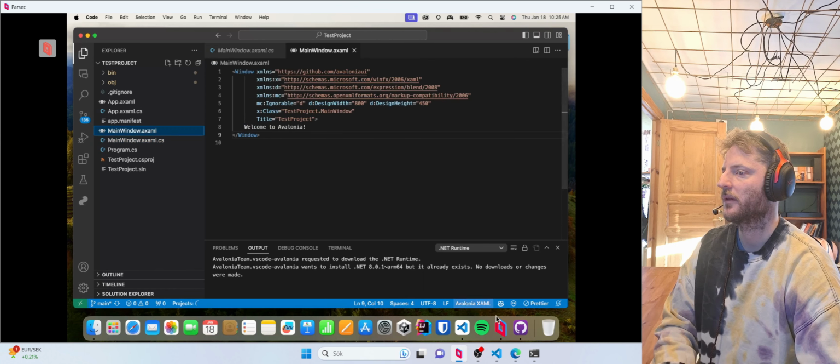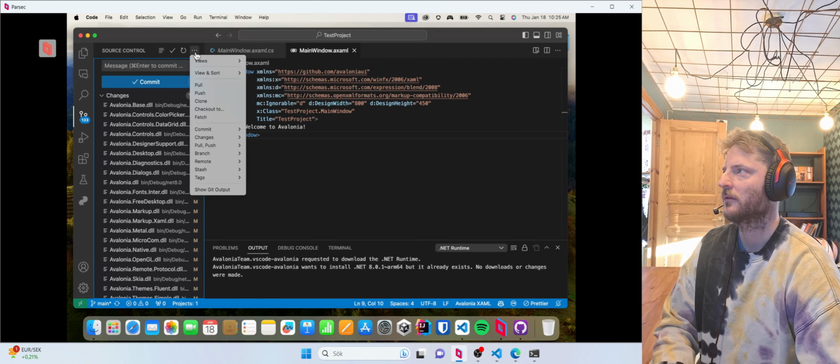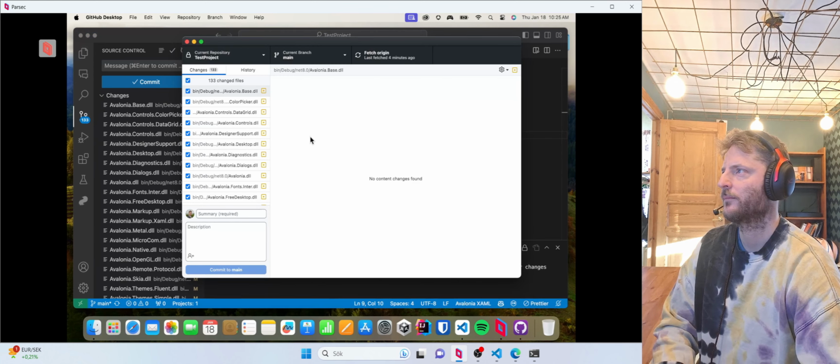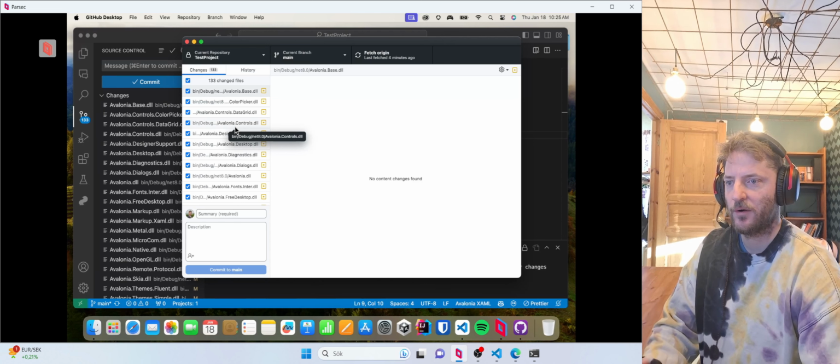It should be purple here right now, but it's not. Let's open GitHub Desktop. This should work, but I don't want to do a commit right now. Changes, a lot of changes in the bin. I specifically told it. Here's a little hiccup where I should have added the gitignore file before I cloned